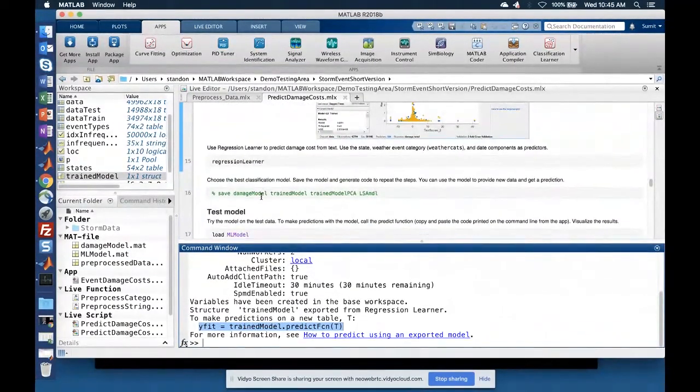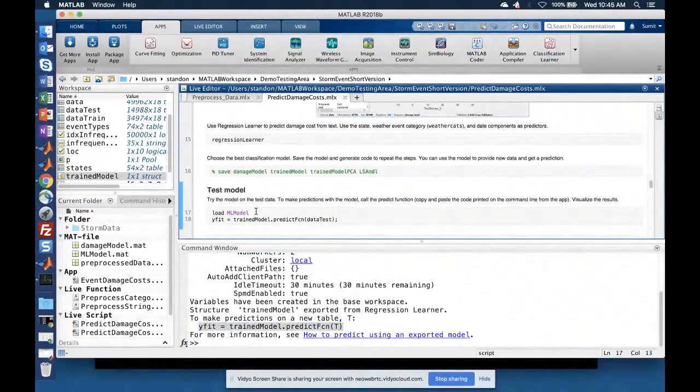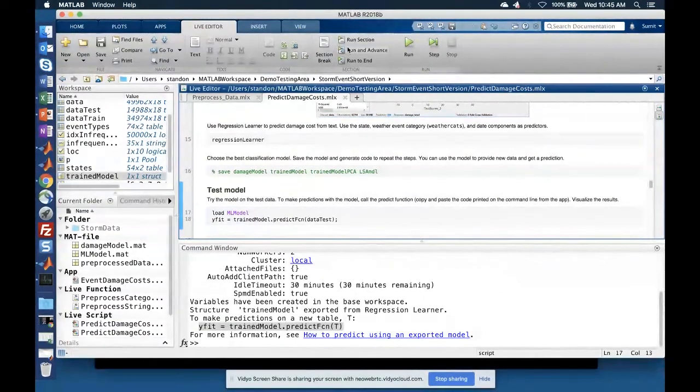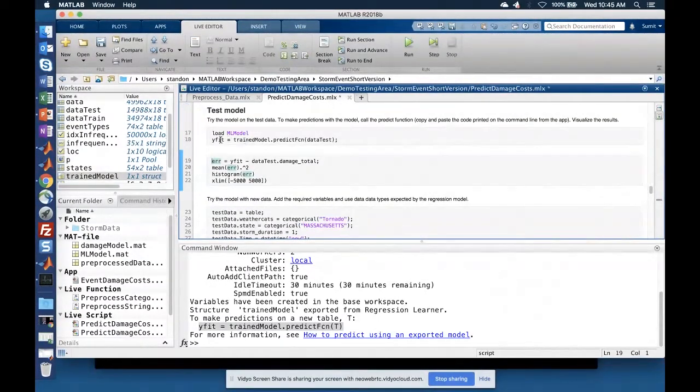So I'm going to load a model that I was working with earlier, and in order to do the prediction, I use the same command, trainedModel.predict function, and then give it the test data. Once I have predictions coming from the model, I can compare that to the actual observations that I have to get a sense of how well the model is performing.